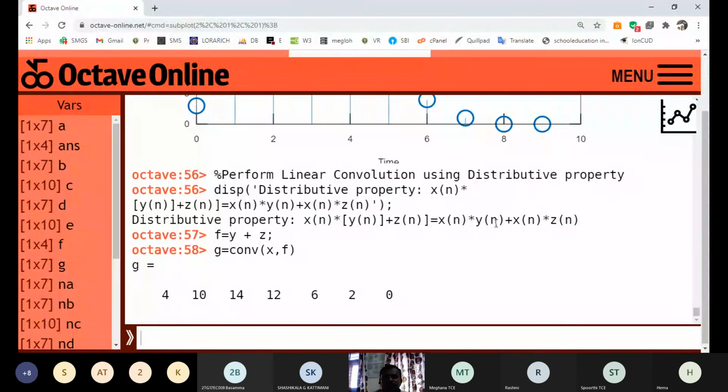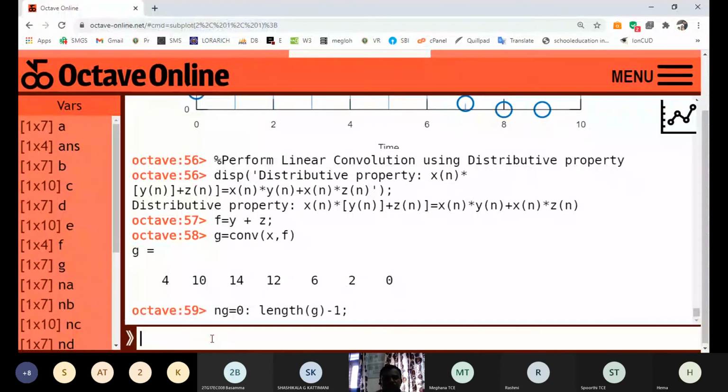Now on the RHS we already have the result A, that is x convolved with y. Now we need to perform x convolution with z. Before that, we need the length of G, so using the statement length of G, ng equals 0 to length of G minus 1.